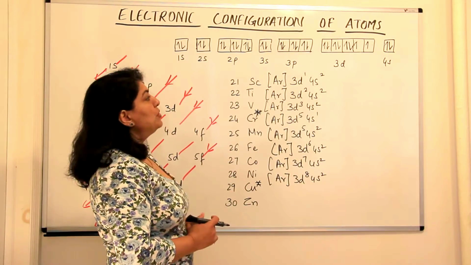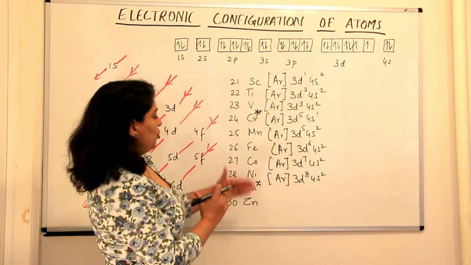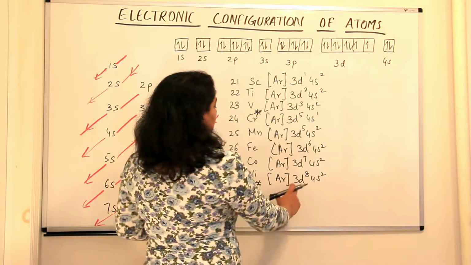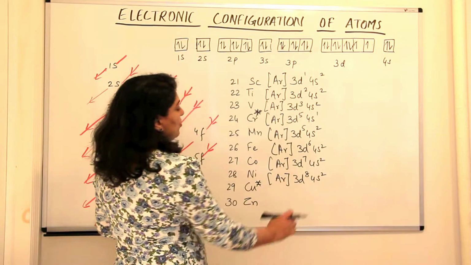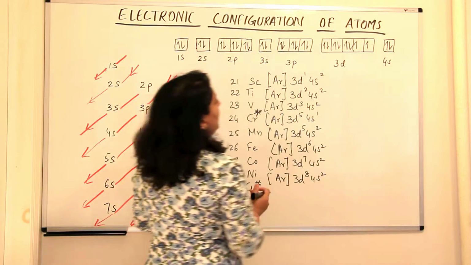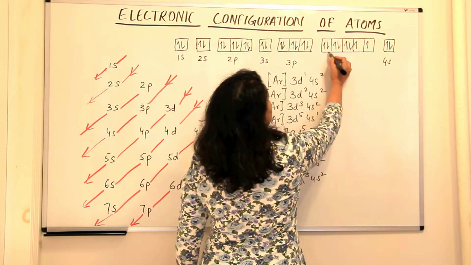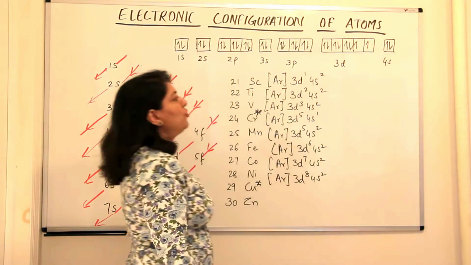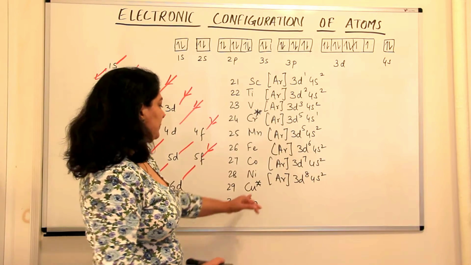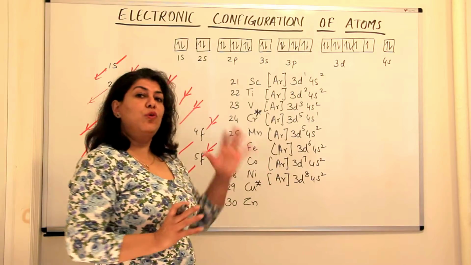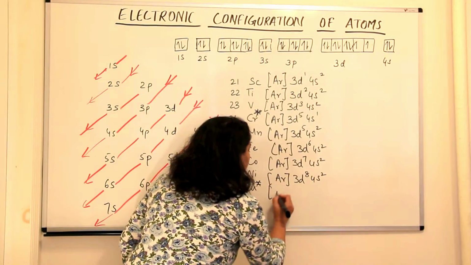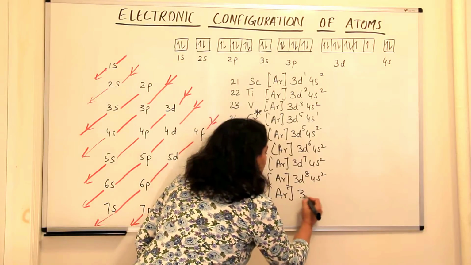Copper has atomic number 29, and let us talk of nickel again. Nickel was argon configuration, that is 18 electrons, then 19 and 20 went to 4s, and then the 3d started filling up. 5, 6, 7 and 8. The 8th electron came to 3d and paired the third 3d orbital. Now copper, if you only followed the first 3 rules, you would expect its configuration to be argon, 3d9